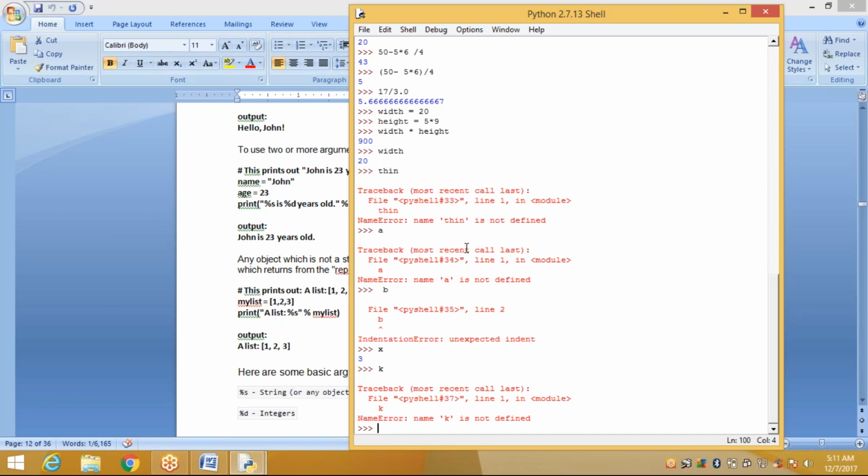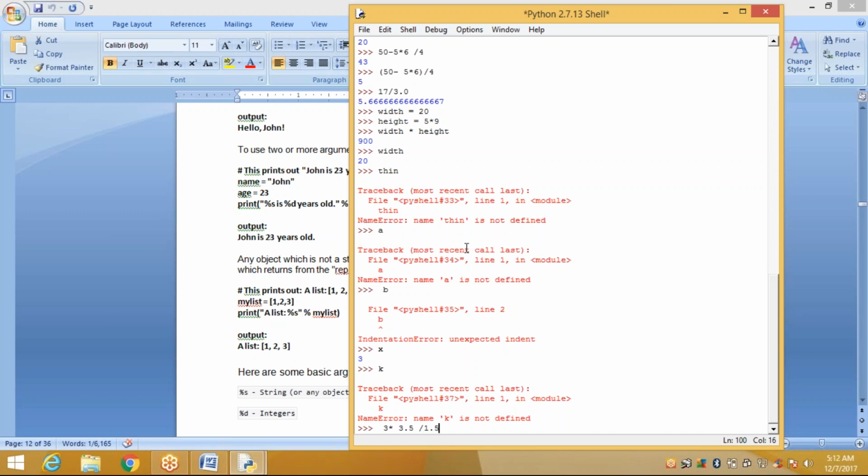Okay. Suppose I want to calculate, see here, 3 into 3.5 divided by 1.5. How much value does it display? 3 into 3.5 by 1.5. First it calculates 3 into 3.5, and then divides by 1.5.